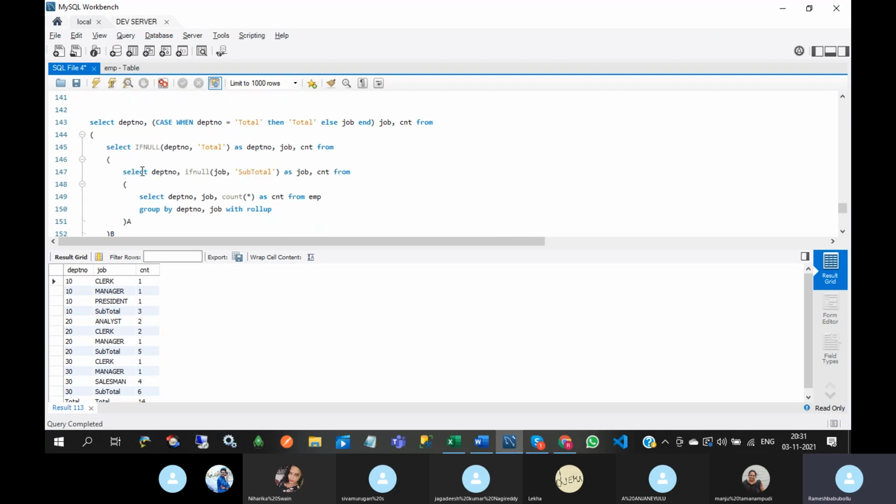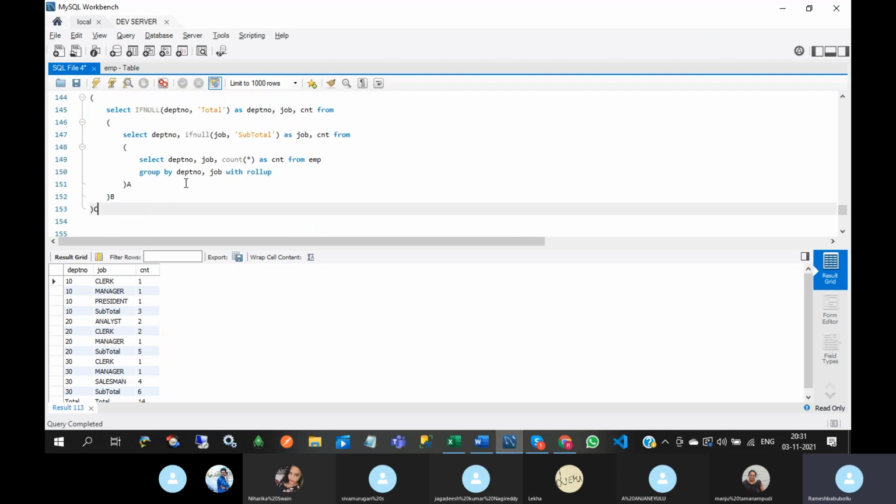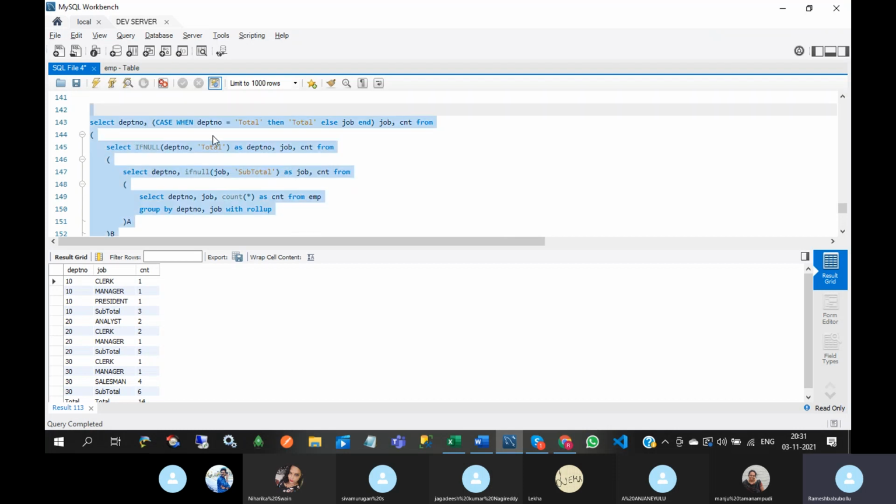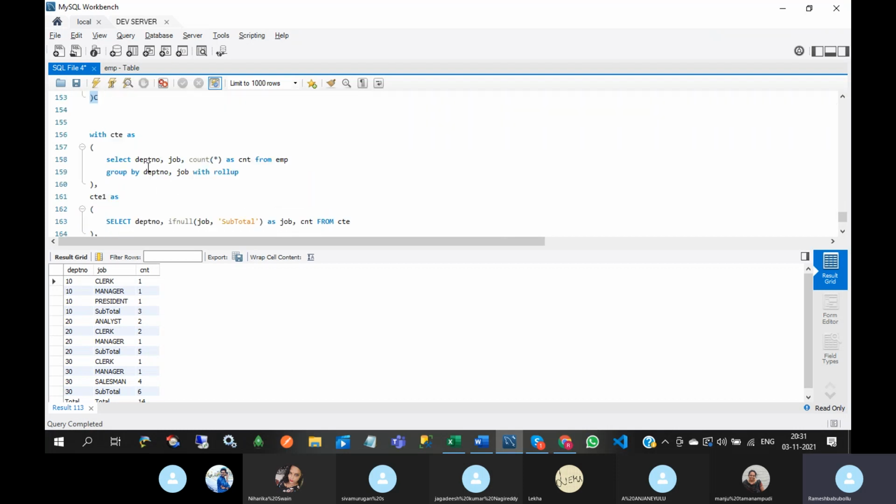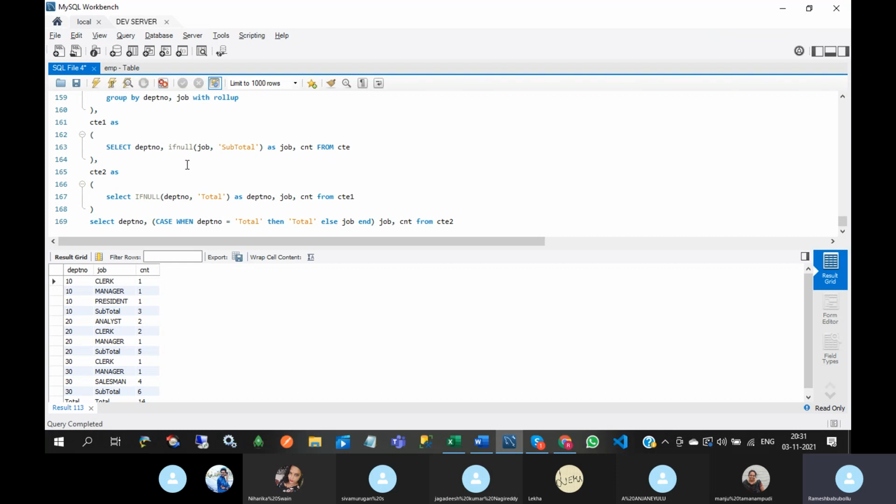See this, here I have aligned in a proper manner so that some readability is there. So if you use CTE you can have much more readability compared to derived tables. And CTE improves the performance of the query. So these are the benefits.